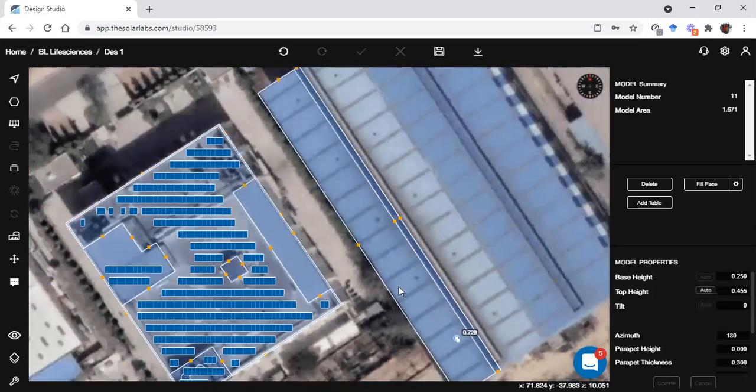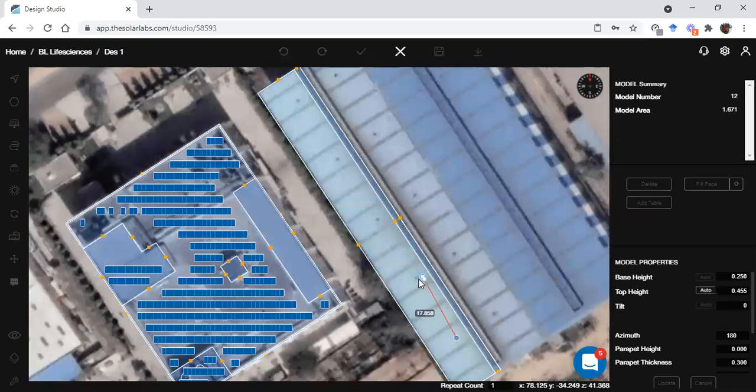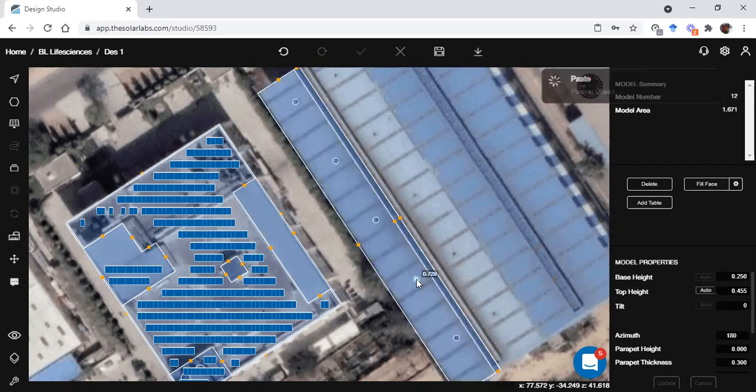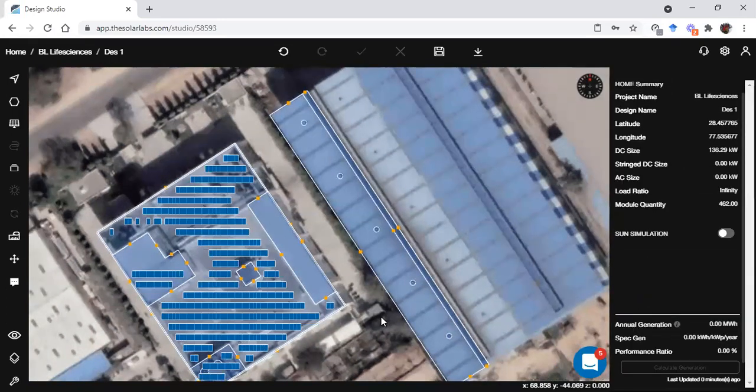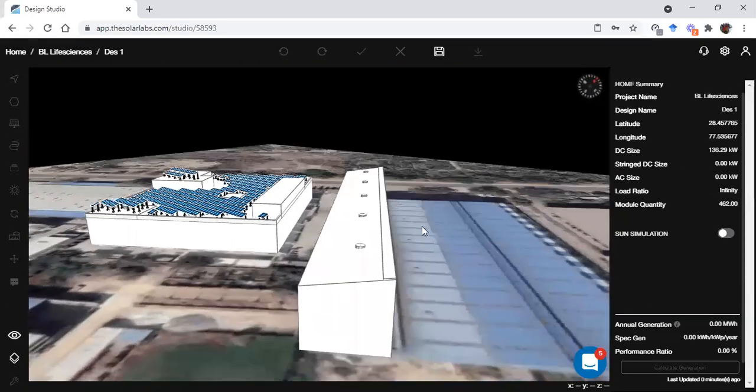So next what I can see is there are a lot more air vents on this shed. So I'll just use the copy paste feature. I'll use Control C, Control V, and then I can use the repeat command. To use the repeat command, I have to press R, and if I press R, you can see that this repeat count is enabled. I now need to enter the number of copies which I want. Here I want 4 copies, so I'll enter 4. So you can see I will have 4 more copies, and then I just need to place them. Okay, so if I show it in 3D, this is how my half shed will look.